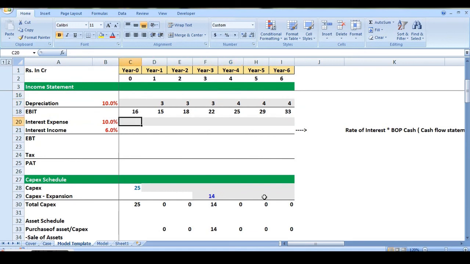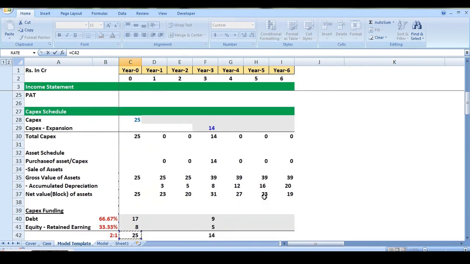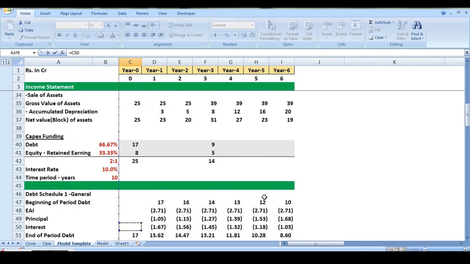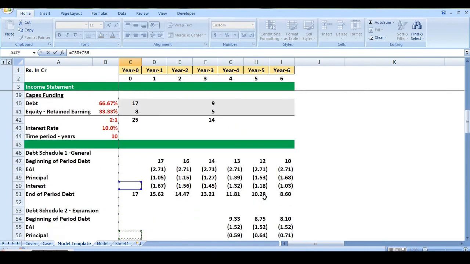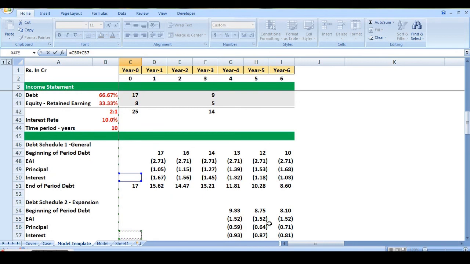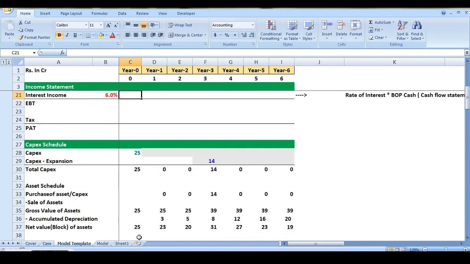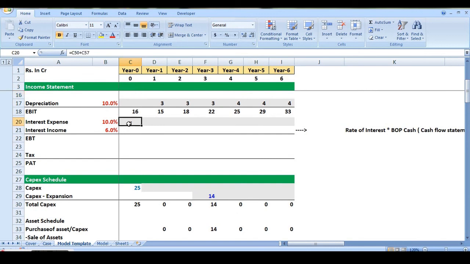So we'll start from year 0 itself. Year 0 interest expenditure is, actually there is no interest expenditure in year 0, but for calculation of interest we are going to consider from year 0. So for the general loan plus the additional loan taken, we take the interest values from the respective columns and then we drag it for the rest of the years. Now here if you see, the values are already coming in negative. We will not do anything to that, we will keep them as it is.